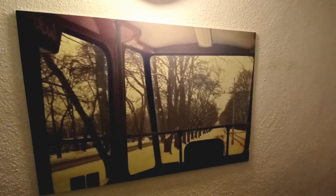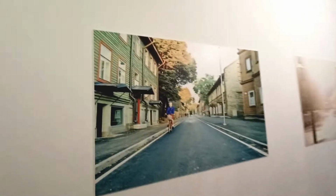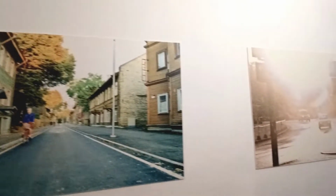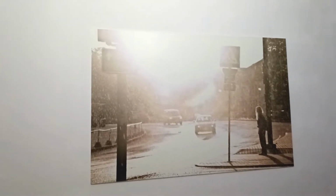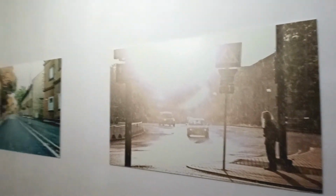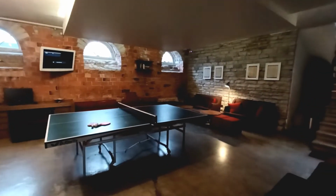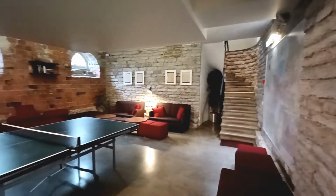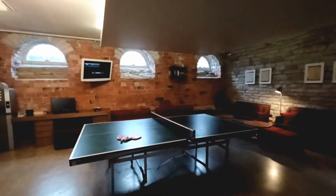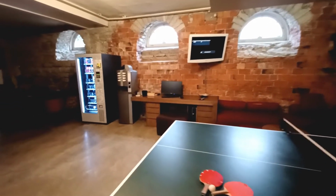And turning the other way will take us into the common room. It's almost like walking around a gallery, isn't it? Some of the pictures here are rather nicer than a gallery. This looks as though it could have been taken today with all the rain. We've got a few private rooms down here. Table tennis table. There's the bottom of those spiral steps I mentioned just now, which you can use. So it's nice to have alternative ways of getting up and down to not just the common room area, but TV room area, games room area,